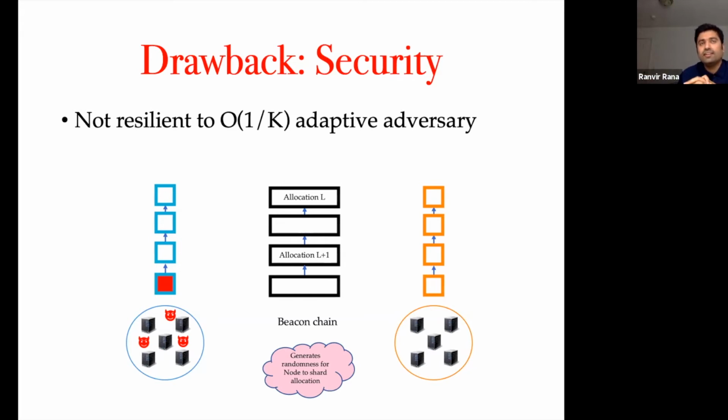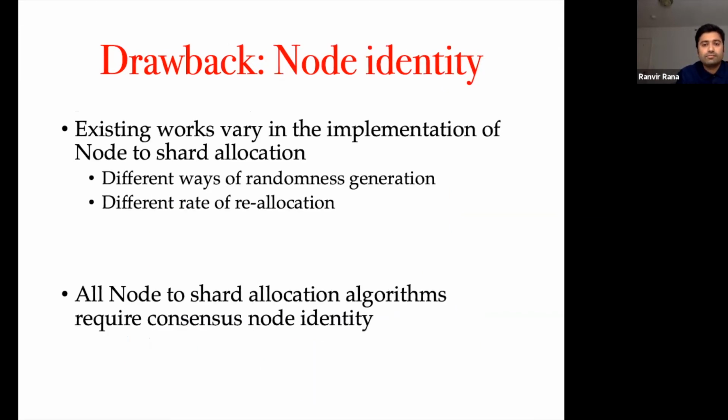So if you have 1,000 shards, you only need about 0.05% of adversaries to target a particular shard and break its safety or liveness. And another major drawback is you require node identity, because you run this node-to-shard allocation algorithm,